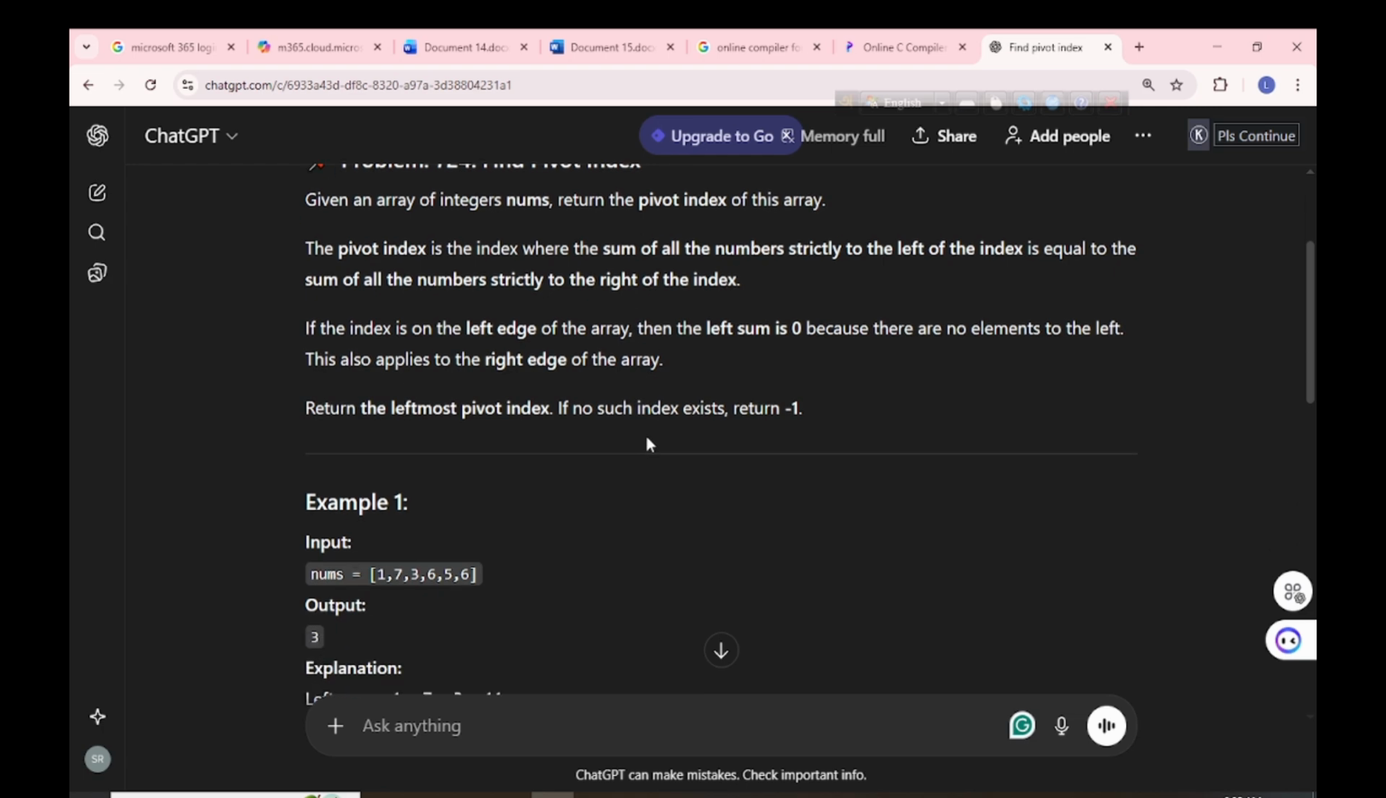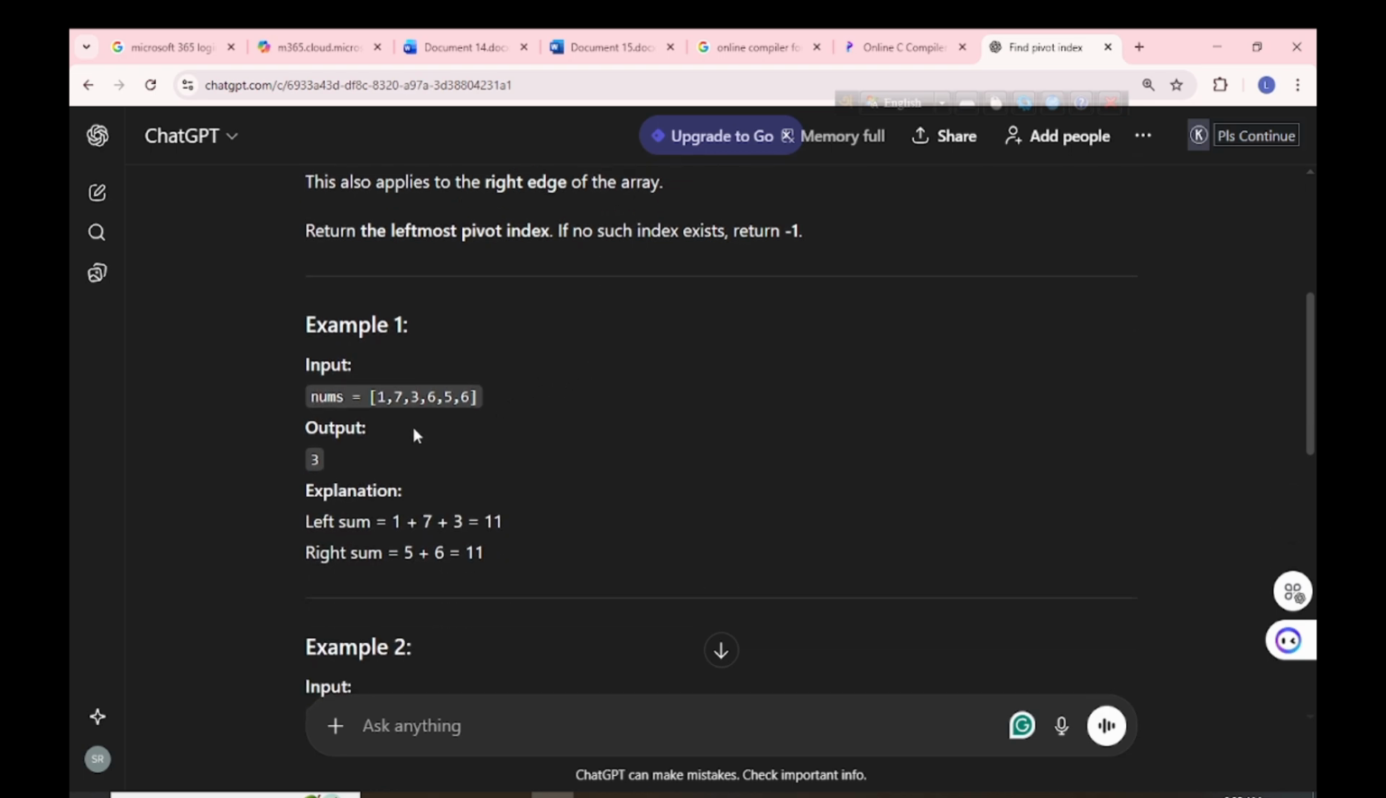Okay, so what does this basically mean, guys? Pivot index is the index where the sum of all numbers strictly to the left of the index is equal to the sum of all the numbers strictly to the right of the index. What does this mean? If you see in this array,